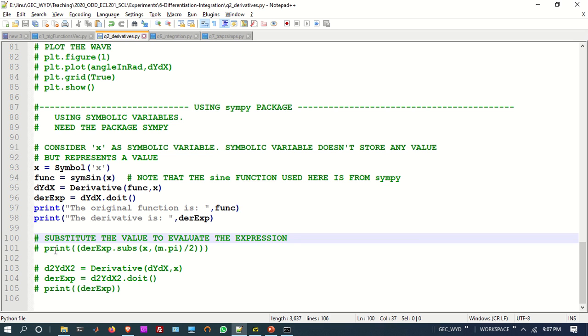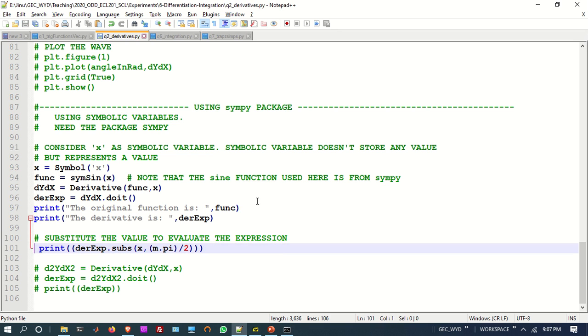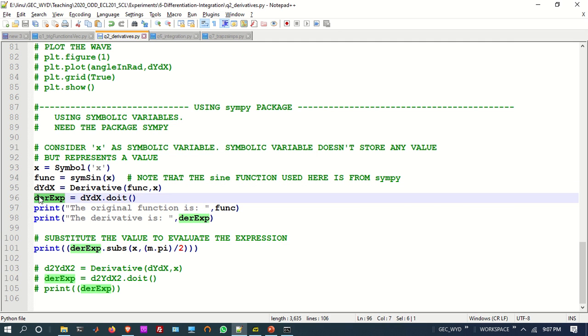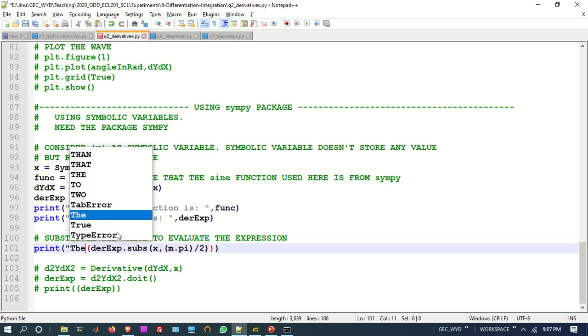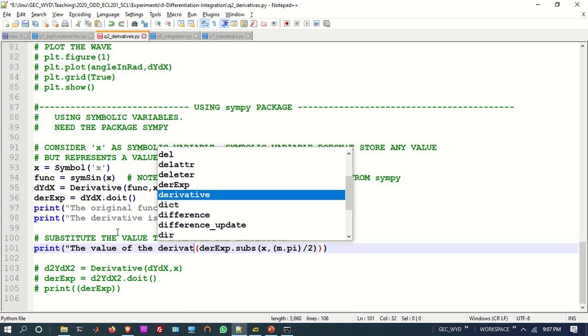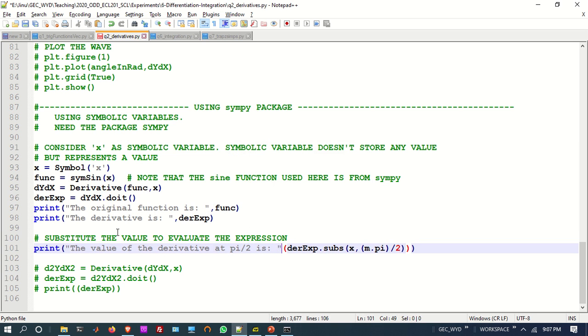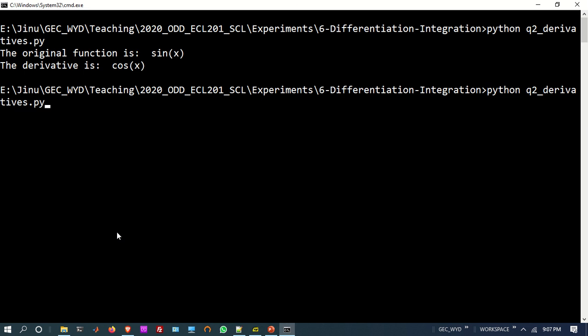So what you want to do is you want to do this. After the diff function you will be getting some result, and you say .subs, which means substitute. Wherever there is x, you substitute its value, pi by 2. Okay, so you can write the value of the derivative at pi by 2 is this. Okay, so if I run this,